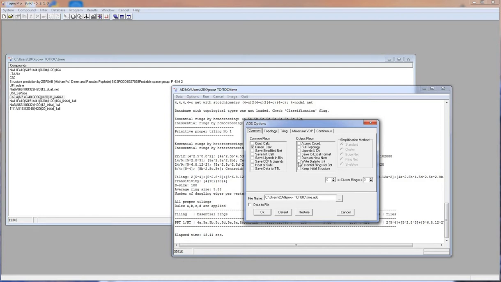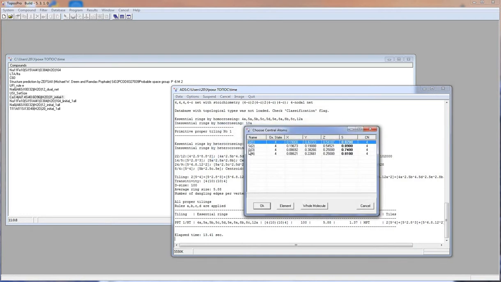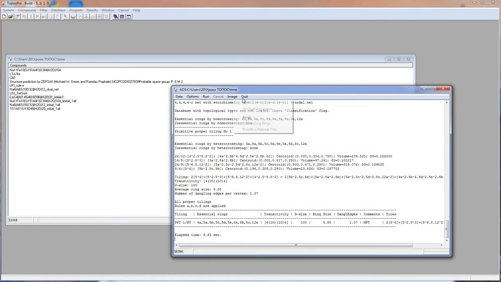The Write Data to TNT option saves a TNT file which allows the Isochrist program to visualize the tiles. I turn on the option Run ADS and in the output window use the Image, Primitive, Natural Tiles